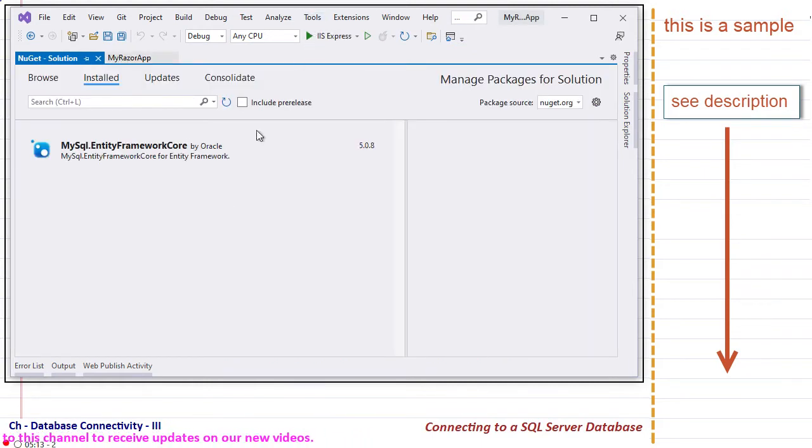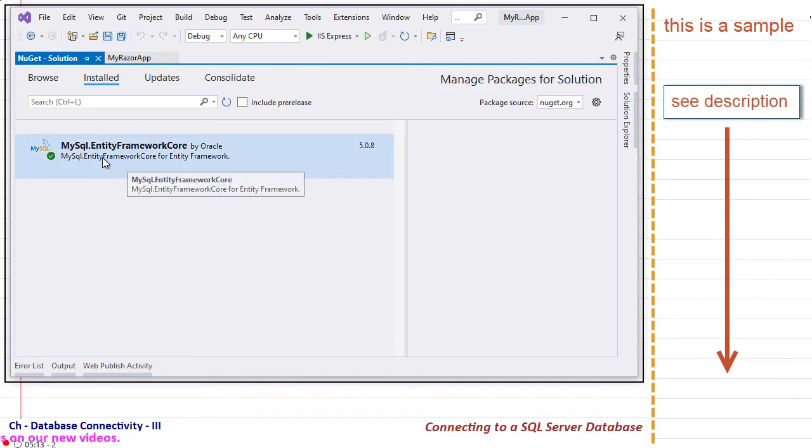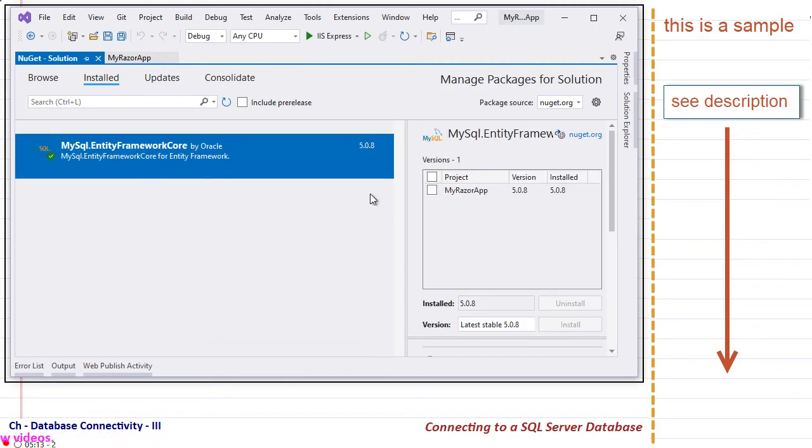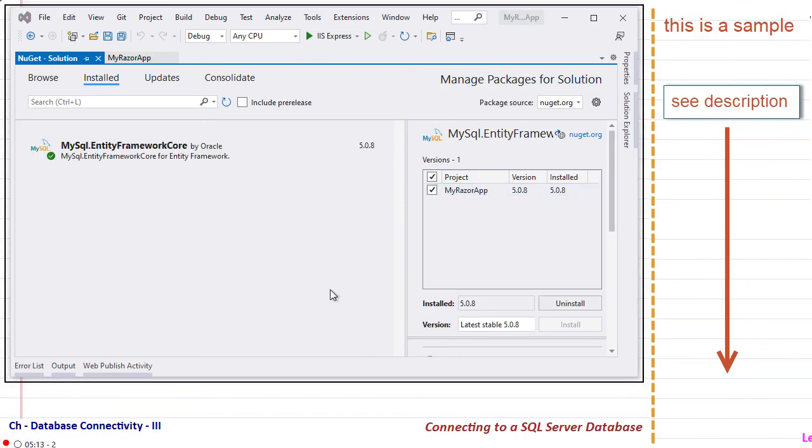the NuGet packages for this SQL Server. Entity Framework Core MySQL is already there because this is a project that I used for MySQL, so I